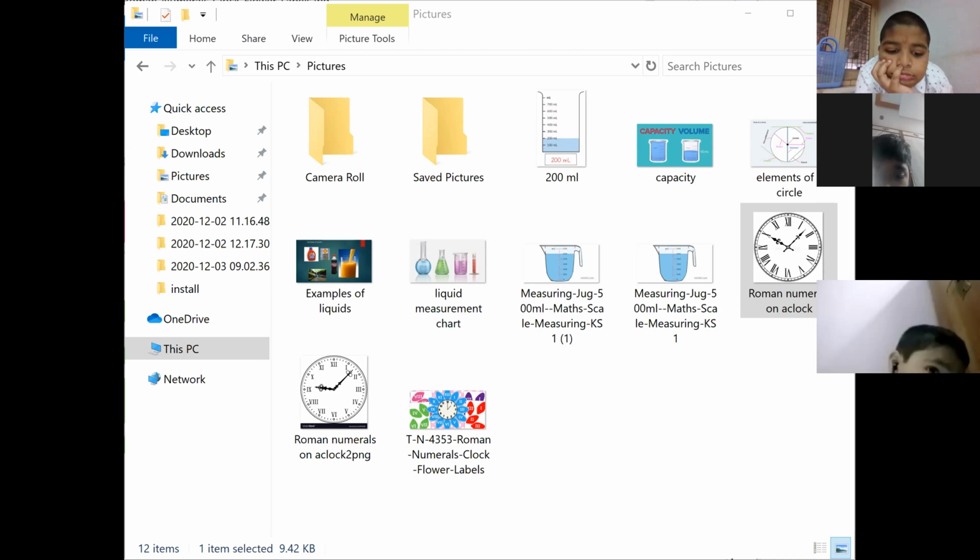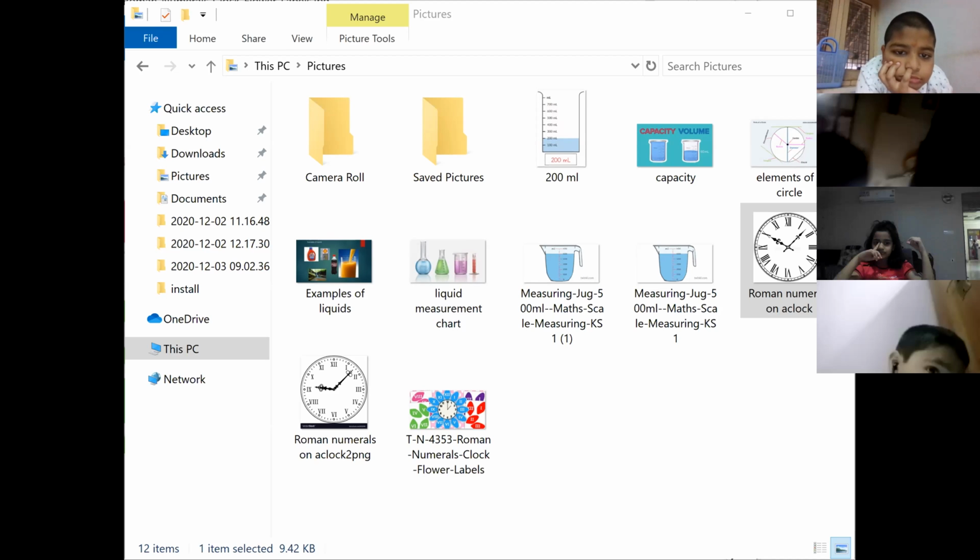See here. Roman numerals are related to numbers here. If anybody is interested, you can prepare such a clock. Roman numbers related to Hindu-Arabic numerals. See, look at the clock there. On flower petals, Roman numerals are there, and the related Hindu-Arabic numerals are given in the clock. Look over it for a while, then we'll go to the next point.